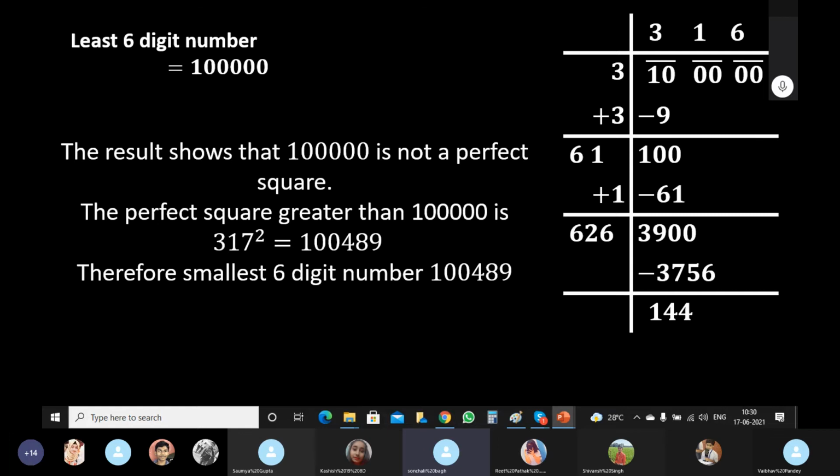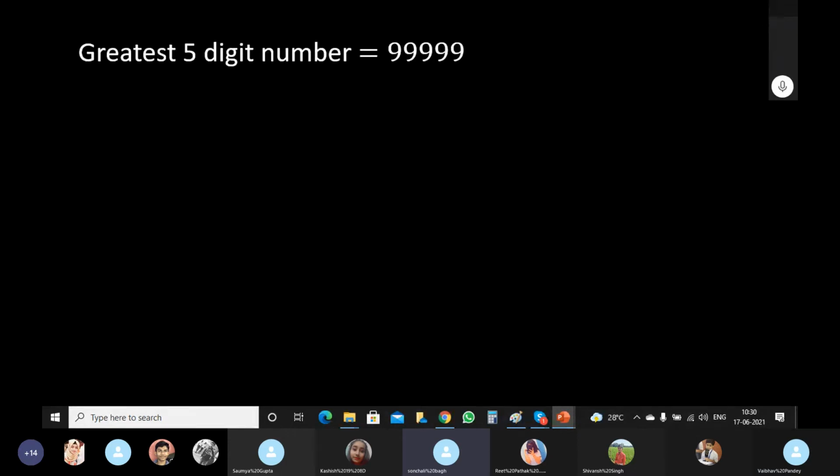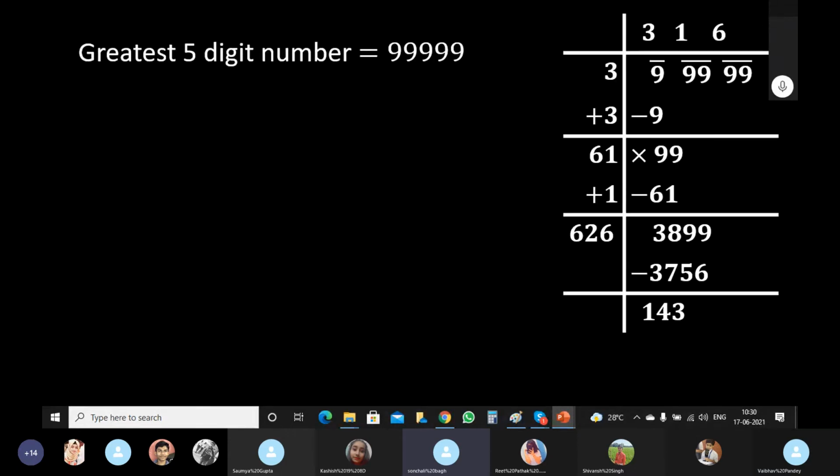Now, for the greatest number, what should I do? Which technique? Greatest number, subtract. Right, the subtraction technique. So what I will do is simply get the long division number, subtract the remainder from it, and I will get the answer. So, understood now clearly the application of the added-to and subtracted-to technique.